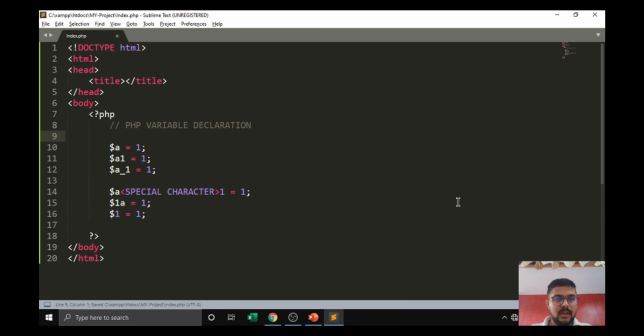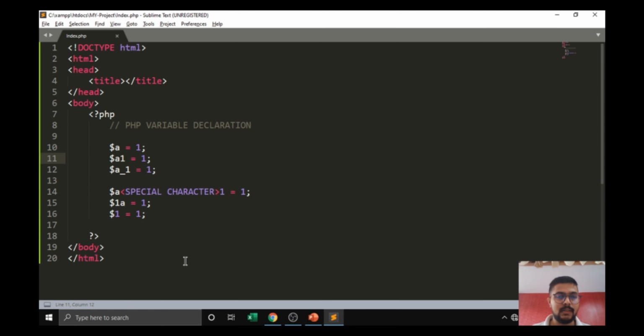Here we are looking at how to declare PHP variables. You declare a variable using the dollar sign, and after that you can use alphabetical characters like $a, $var, anything. Then you can use alphanumeric variable names, where you write any variable name and add an integer value like 1 2 3.